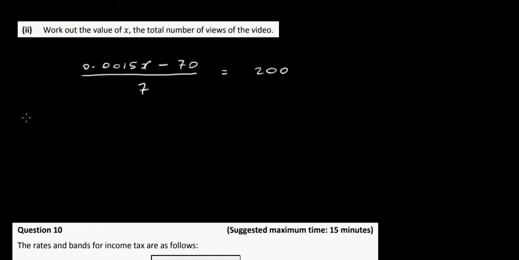So we've got to work this out. We've got to work out what X would be in order for each person to get 200 euros. So first thing you're going to do is multiply everything by 7. So if we multiply the left hand side by 7, the 7 here will just cancel, or we'll just get 1, and we end up with